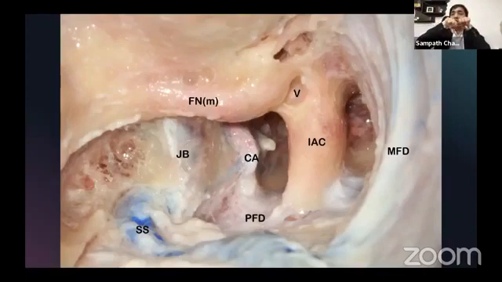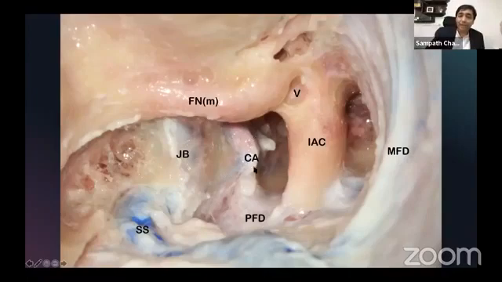You would not have had space to do this transapical extension. So in this case, we have done a type 1 transapical extension, about 320 degrees, and 360 degrees going all around the IAC. The cochlear aqueduct is nicely seen. You will now appreciate the dome of the jugular bulb, and this thin blue line that you're seeing is the infrapetrosal sinus. Just medial, in this bony triangle between the jugular bulb, cochlear aqueduct and the infrapetrosal sinus, is where the lower cranial nerves, the 9th, 10th and 11th, go into the neural compartment.